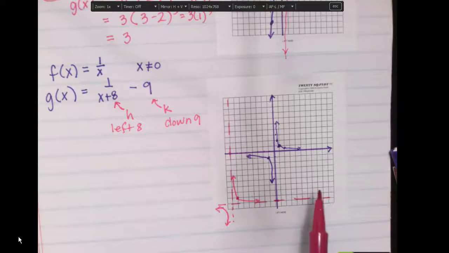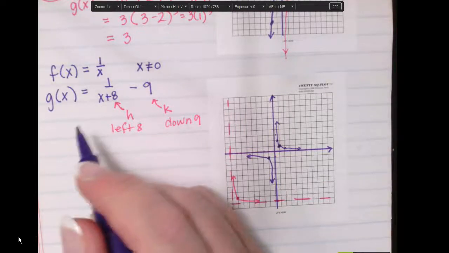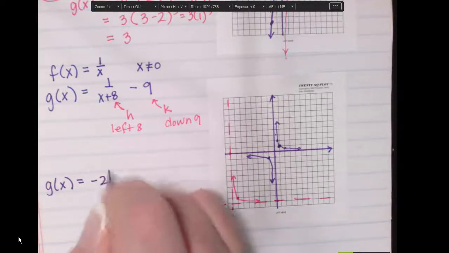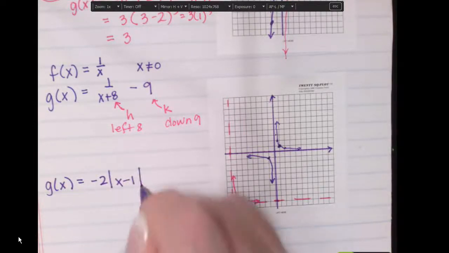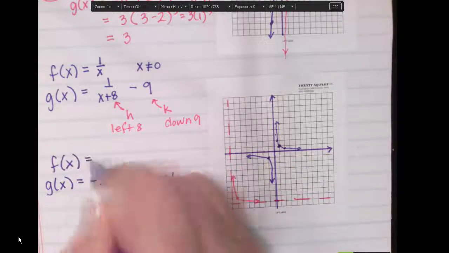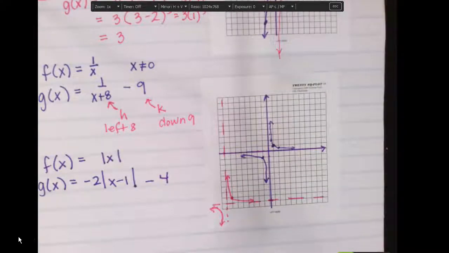Then number 61, same section. This time we've got an absolute value function that is stretched, compressed, you name it. So my g of x is -2 times the absolute value of x minus 1, minus 4. So I can recognize that as the absolute value function. So when I draw that one,